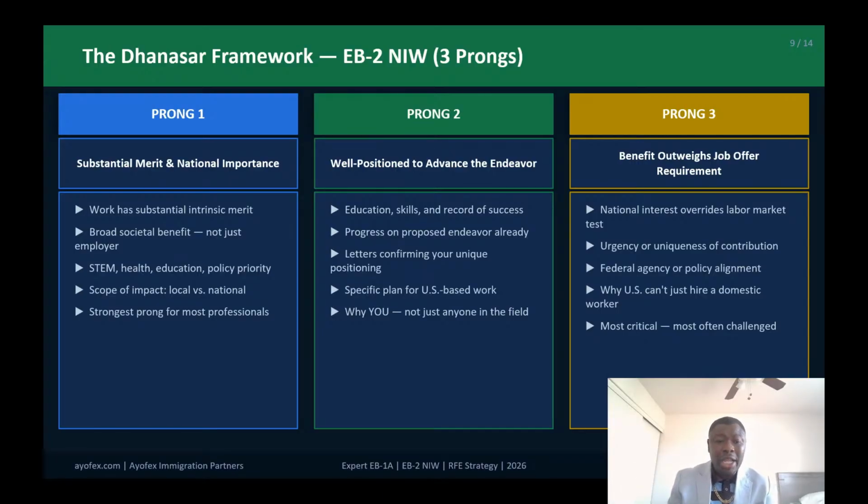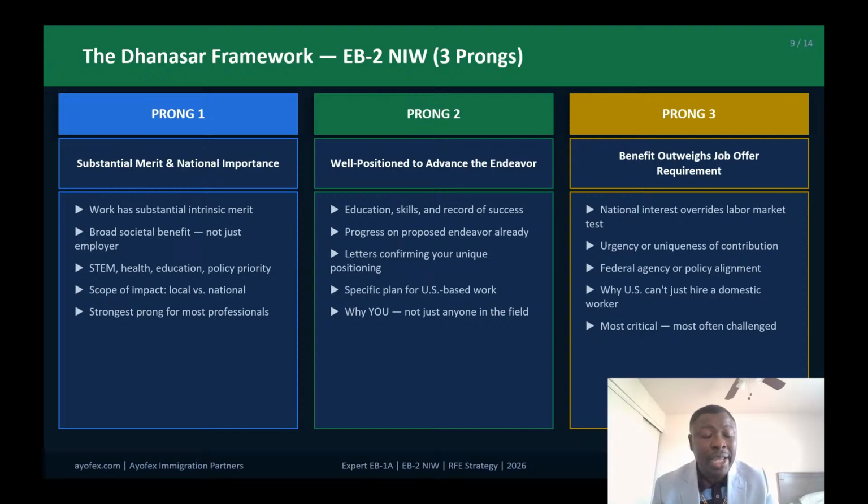So you need to talk about the scope of your impact. The scope of your impact should be national, not local. So once you're able to do that, then you move to the second prong, which is